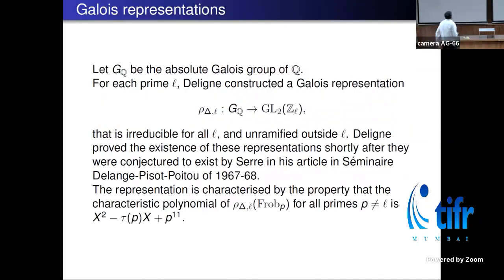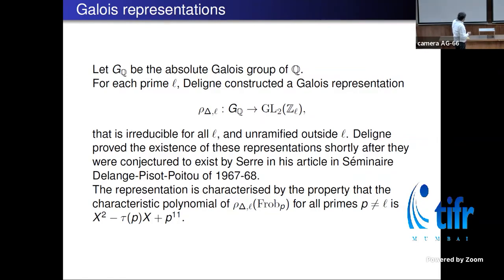Serre, in this seminar, Delange-Pisot-Poitou in 1967-68, conjectured that there should exist an L-adic Galois representation in GL2 of the L-adic numbers, which is some sort of putting together of Z mod L to the R for various R's. So he conjectured that the L-adic representation associated to the delta function of the absolute Galois group of Q, so the Galois group of Q bar over Q,